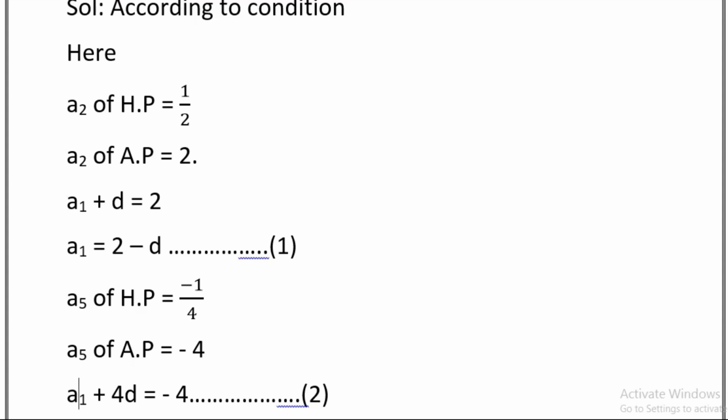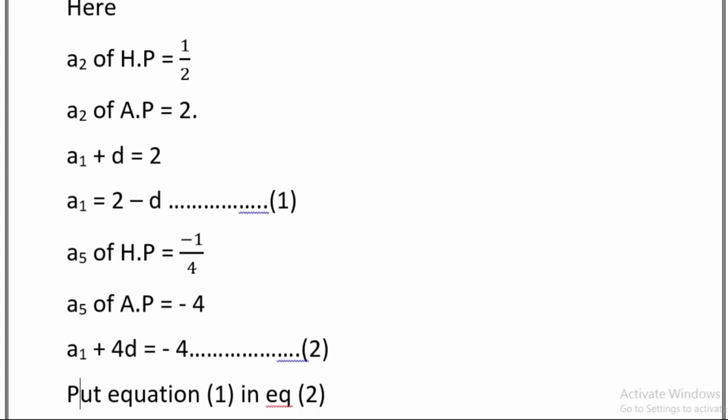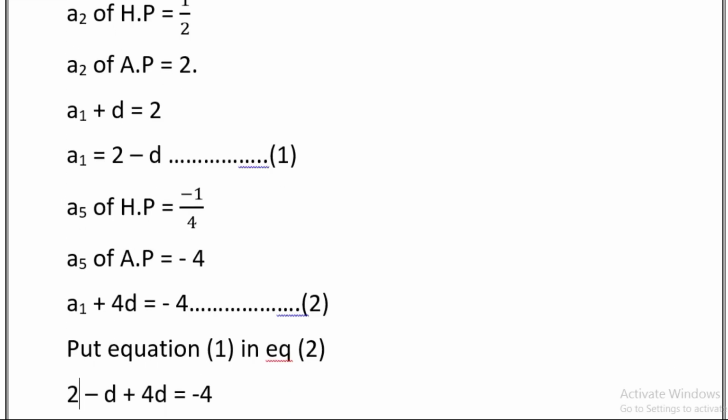So A5 can also be written in the form of A1 plus 4D is equal to minus 4, that is equation number 2. Putting the value from equation 1 in equation 2, so equation 2 becomes 2 minus D plus 4D is